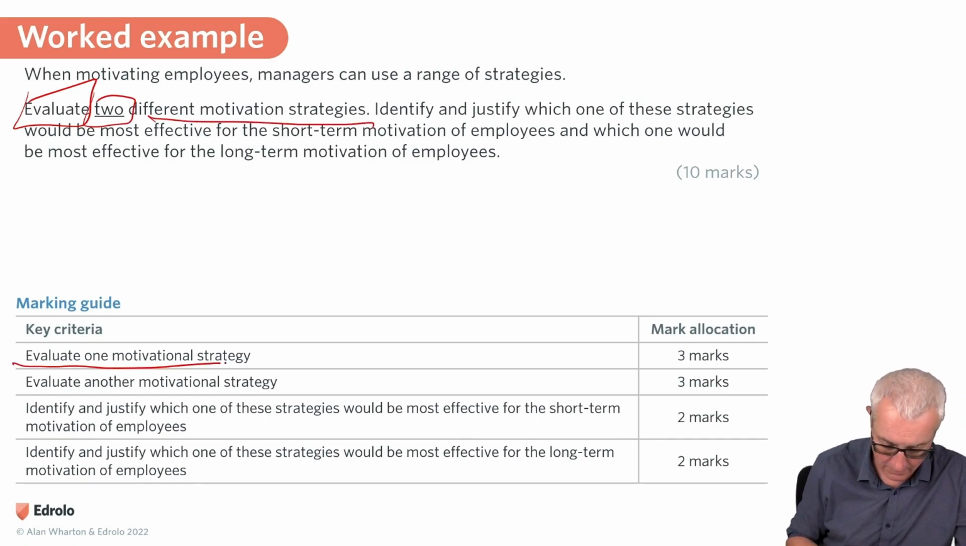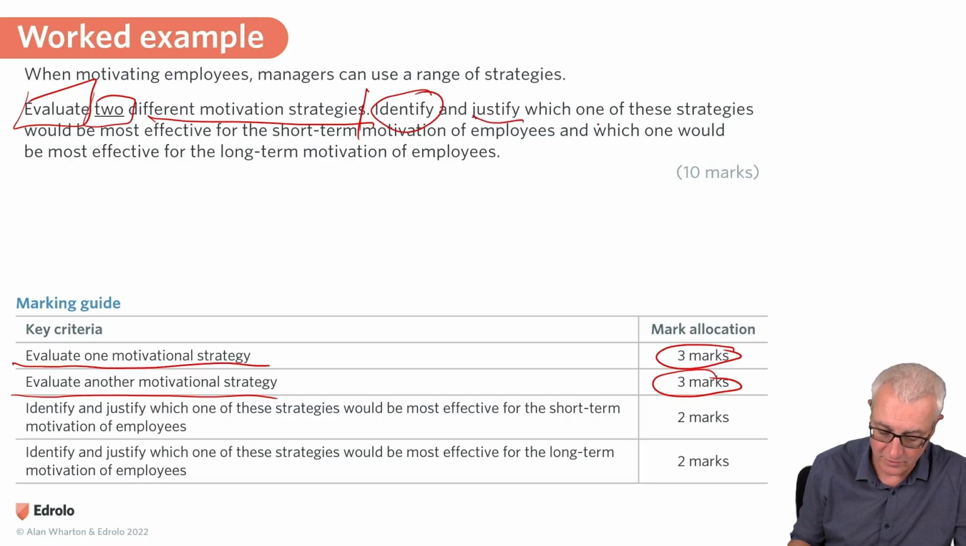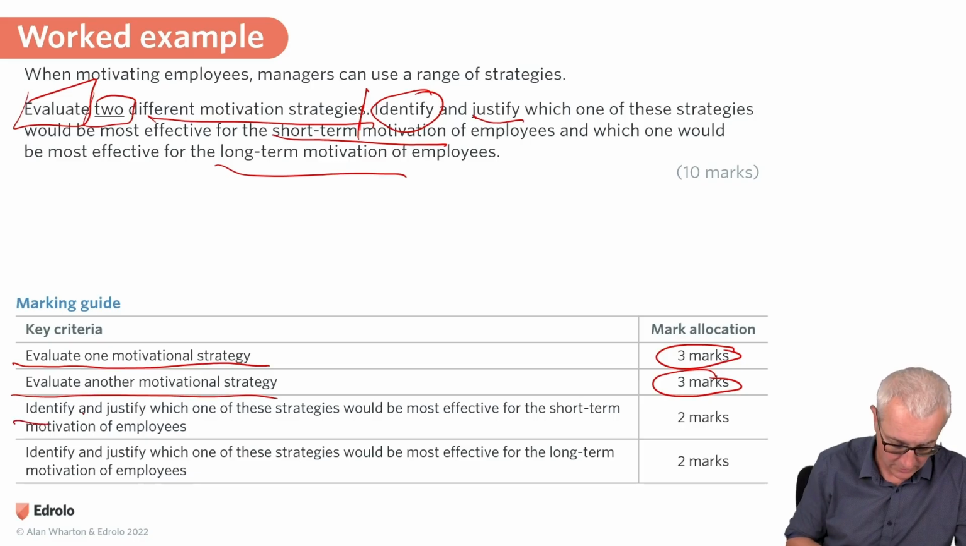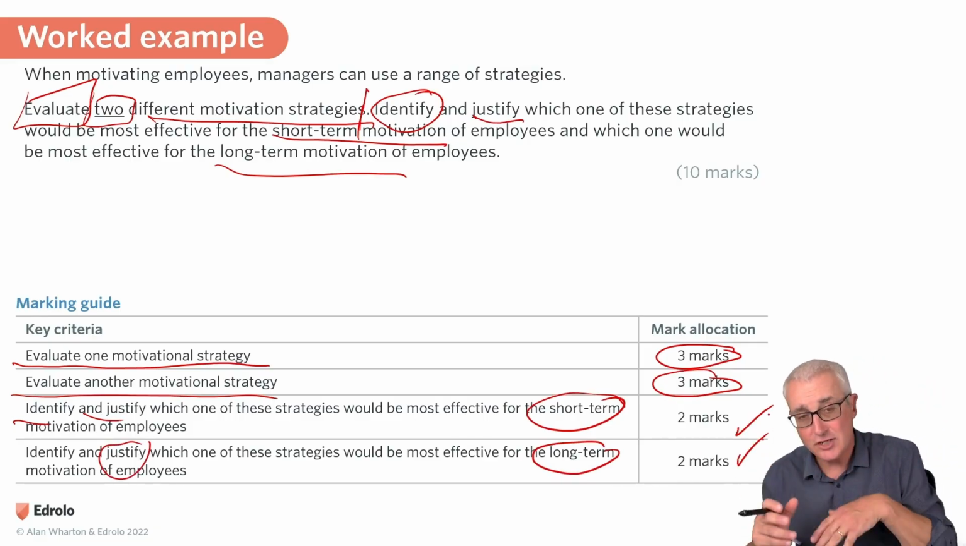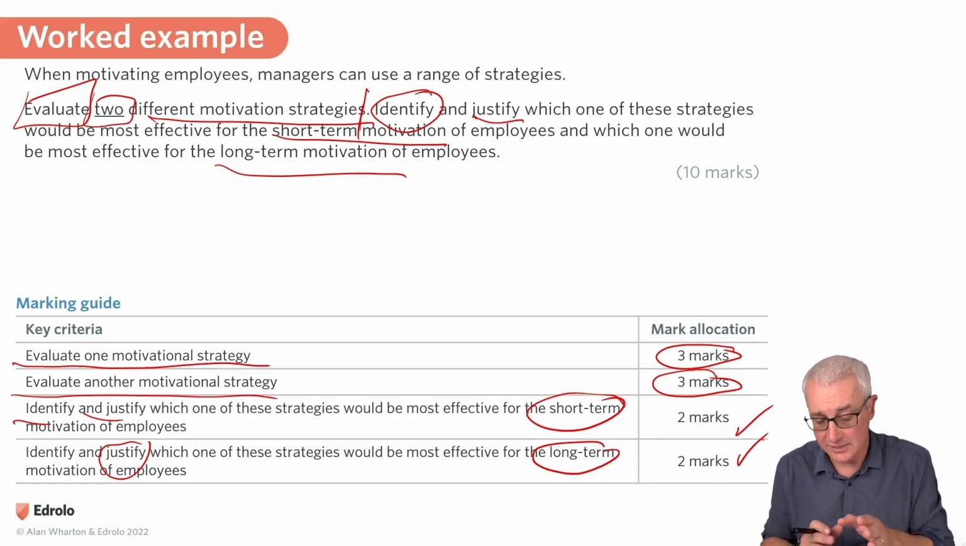So we're going to get 3 marks roughly in our head. We're evaluating one and then another 3 marks for the other. We've then got this identify and justify which one is for the short term and which one is for the long term. So we can see here the short term component and then the long term component. Okay. So in your head, you can have an idea where the marks might resonate from